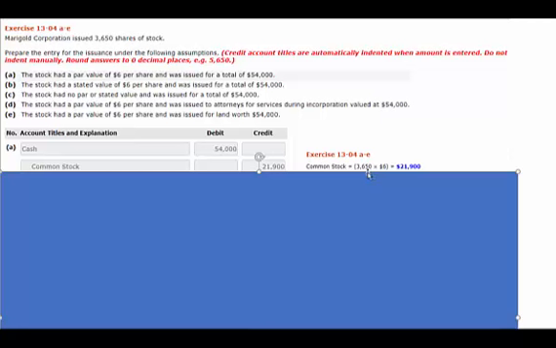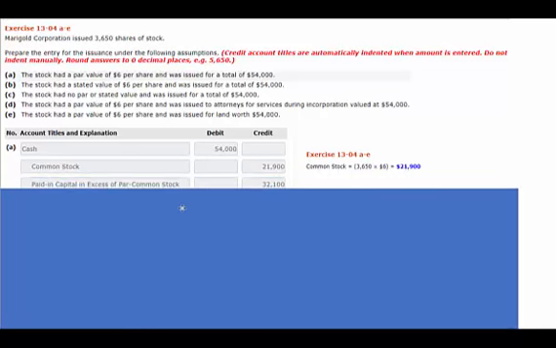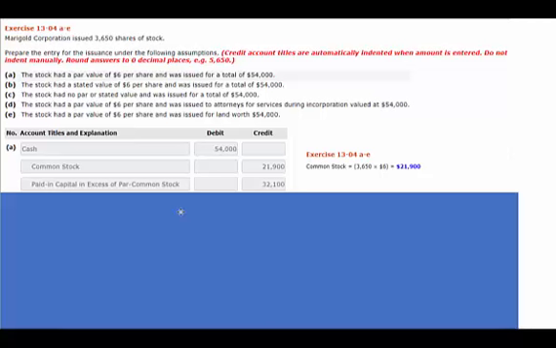Right there you can see 3,650 shares given here times the $6 par value. Okay, and then the difference would flow through as a credit to paid in capital in excess of par on common stock. Part B says, what if, another case, the stock